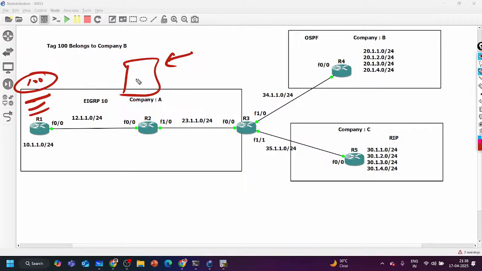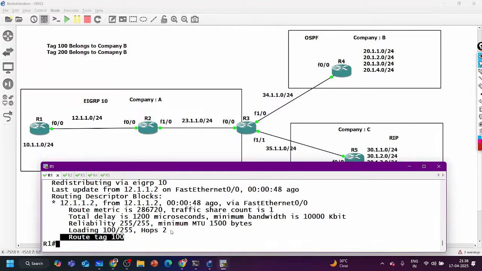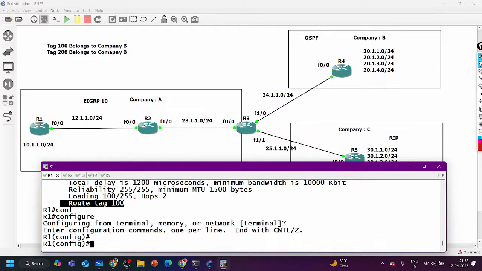First, you can identify the prefixes, right? And here again, you have in the same database, you have note that tag 200 belongs to company C. So on router 1, I can have one more route map.